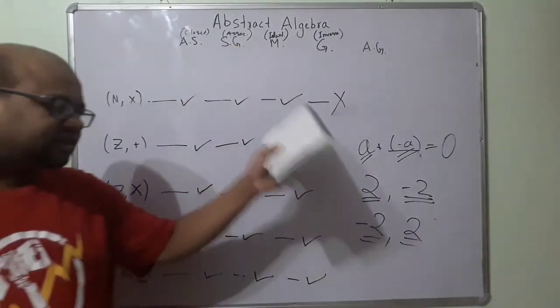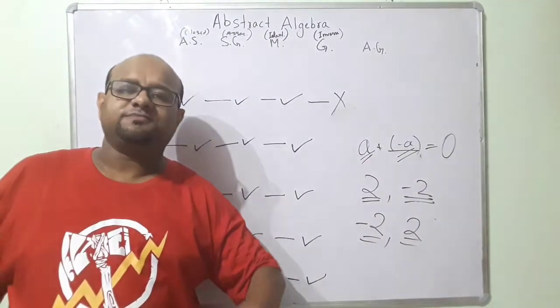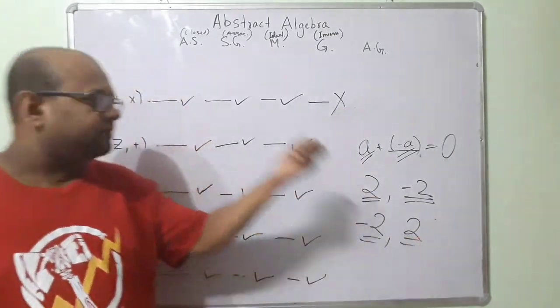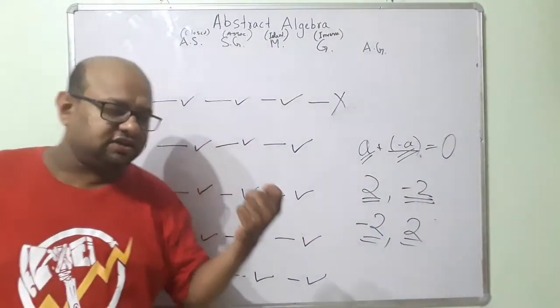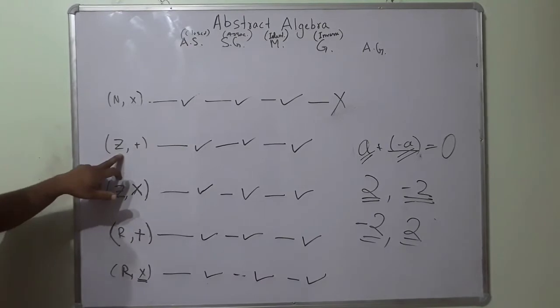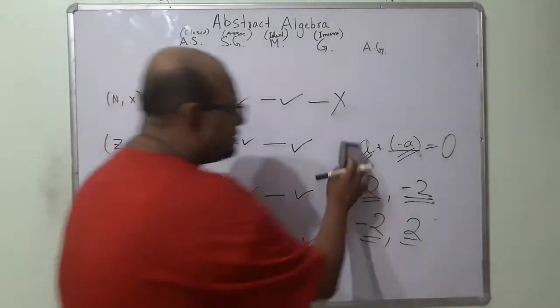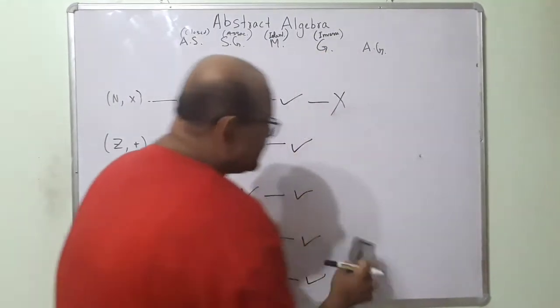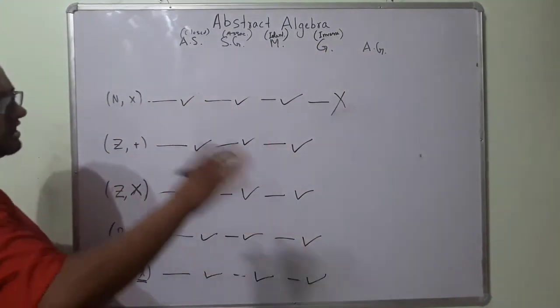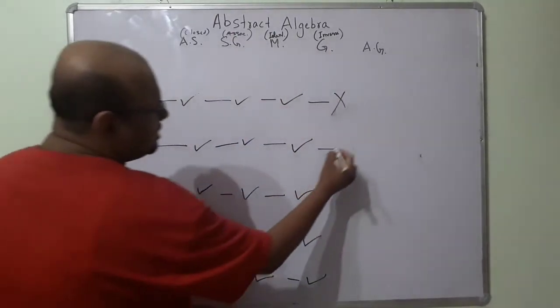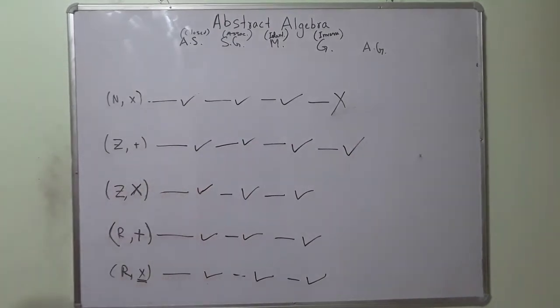So for every integer, its additive inverse is also an integer. So the additive inverse of every integer belongs to the set of integers. For that reason I will say that the inverse of every element exists in the set. Since the inverse of every element exists in the set, I know it is a group. What about multiplication?